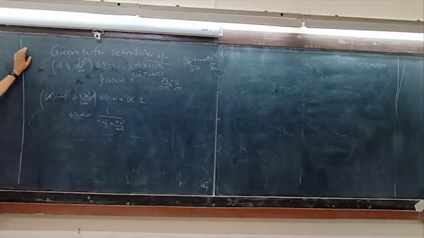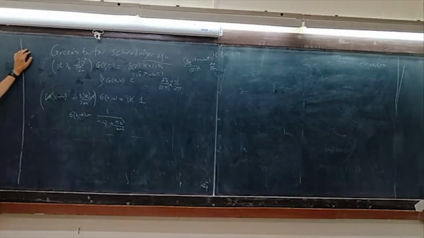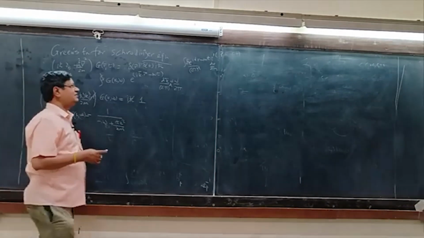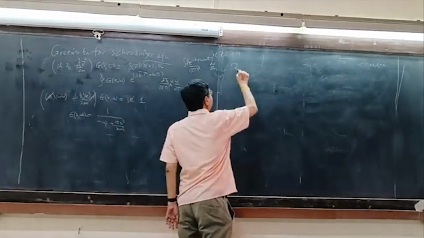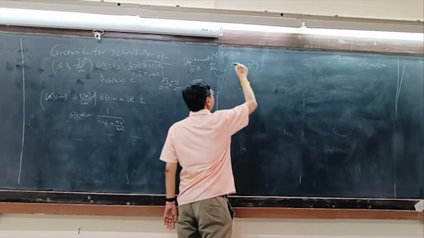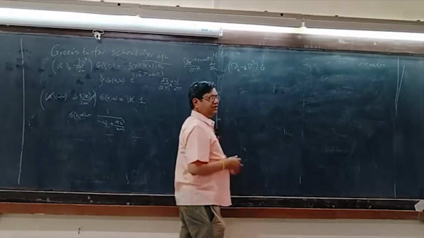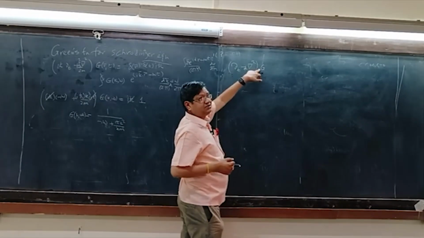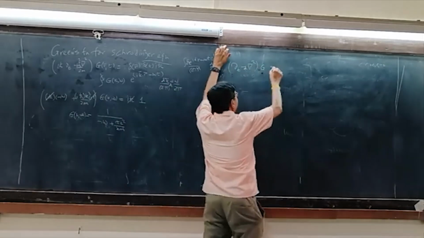So what is the Green's function for the diffusion equation? Other than i, pretty much the same. So let's write down for that one. d by dt minus kappa Laplacian, okay? The diffusion equation is d by dt of psi equal to kappa grad squared psi. So this is